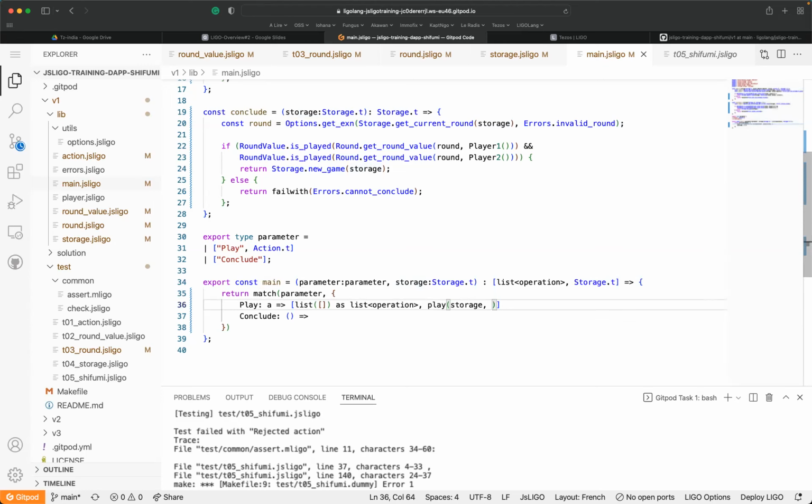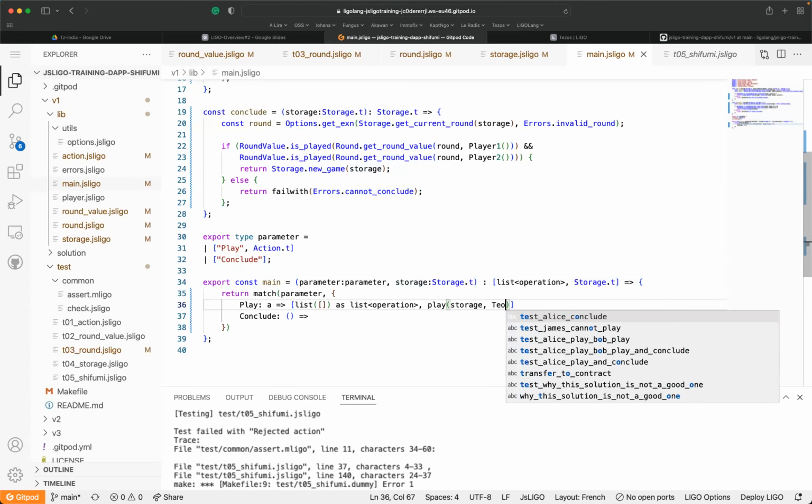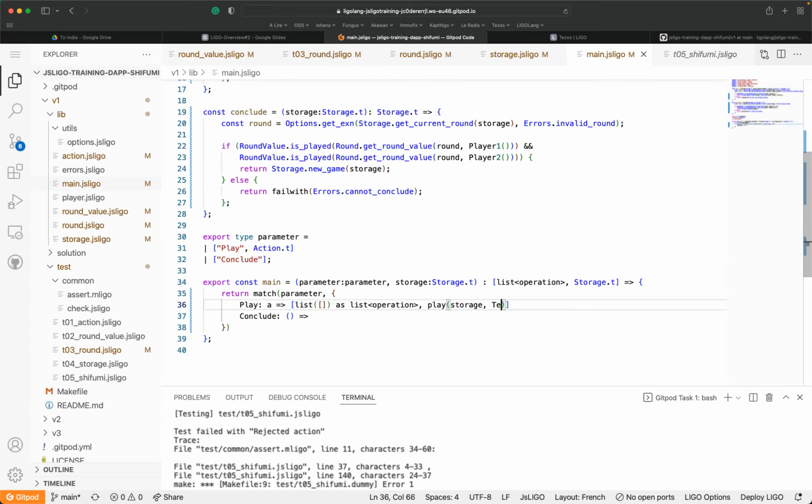And the Tezos sender, so who initiates this transaction, and the action which has been sent, which is the action here, capture, thanks to the variable A here because of the matching.